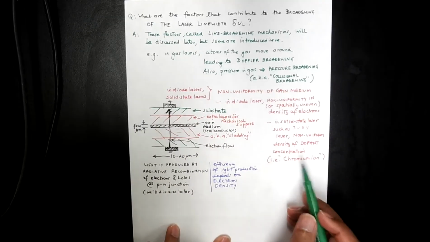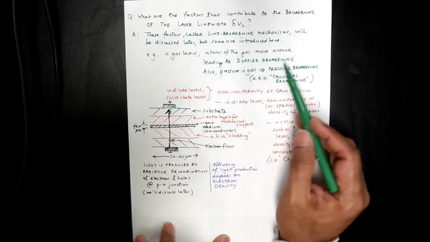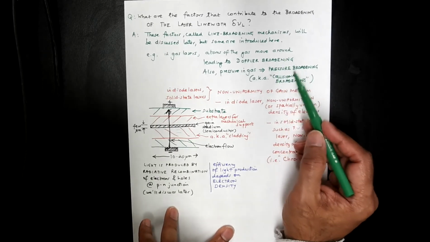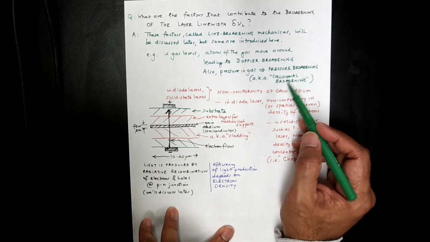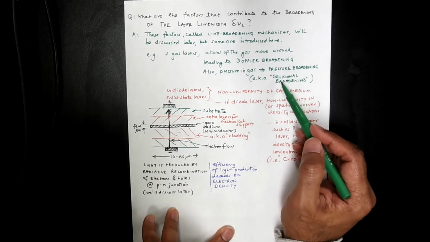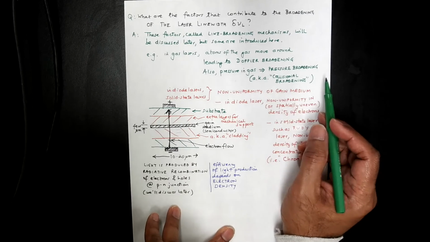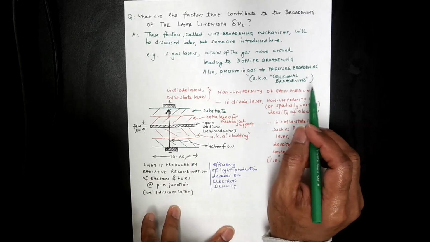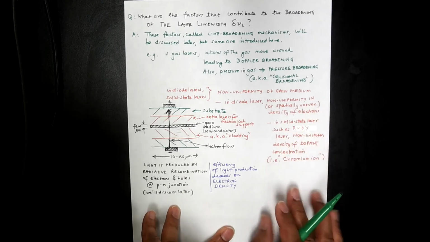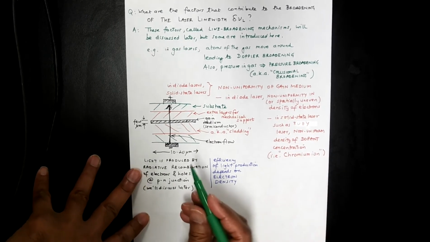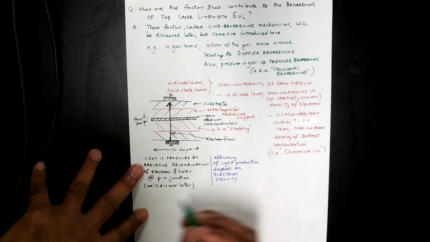So if you were to somehow, let's say, try and get rid of many of these things, like for example in the gas laser, suppose you could really cool the atoms down and get rid of Doppler broadening, and you could arrange that there are very few collisions because they are moving so slow, so there's no collisions. So if you were to make a laser out of really slow atoms, well, there is still a fundamental line broadening mechanism, which is